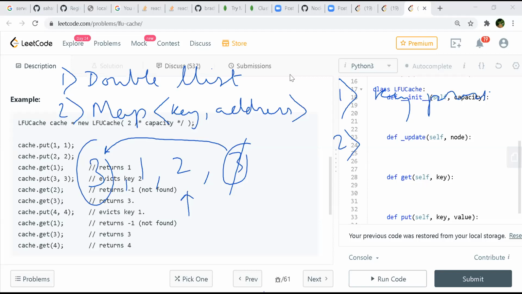If it is under capacity, it is very easy. We just insert at the head. We do two things. First, we also insert in the map so that next time we try to put this element, we know that it's already in the DQ. So we do not insert it again. We just make it point to the head. And then we put it in the doubly linked list, at the head.